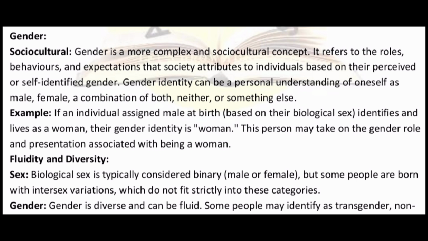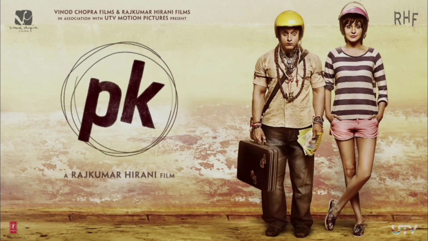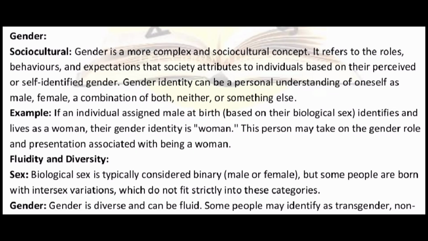So that's why we behave according to the society in which we are living, just so that we fit in the society we are living in. Otherwise, it is impossible that anybody will allow us to live in the society we are in. For example, you will see the movie PK, right, by Amir Khan. There you have seen that PK is an alien, so he does not know how people live in the society. So he was wearing skirts. When you see a certain kind of scene there, so different activities he was doing, he did not know how a male is expected to behave and how a female is expected to behave, right?